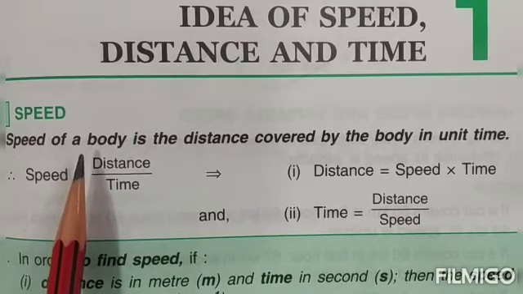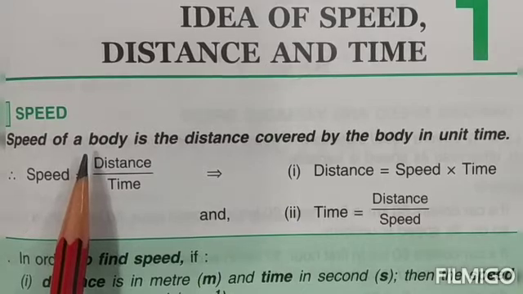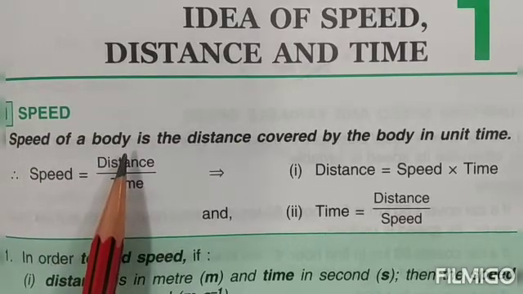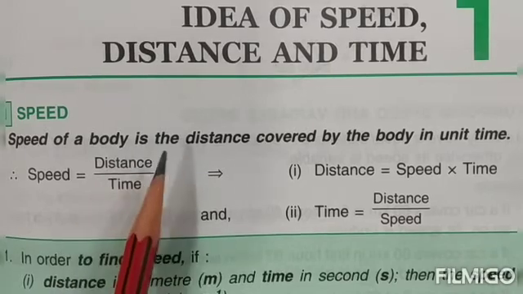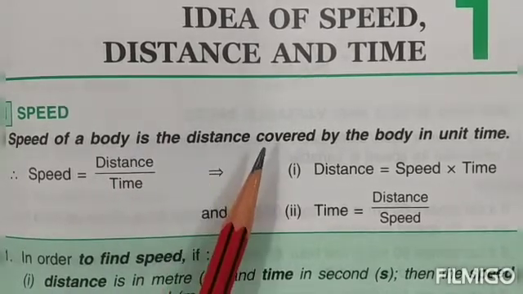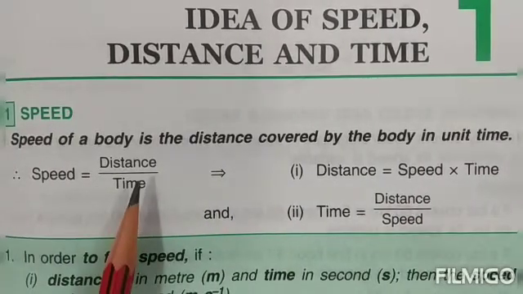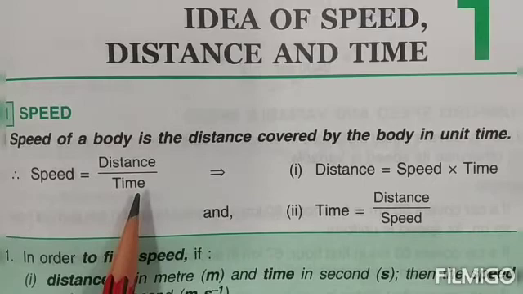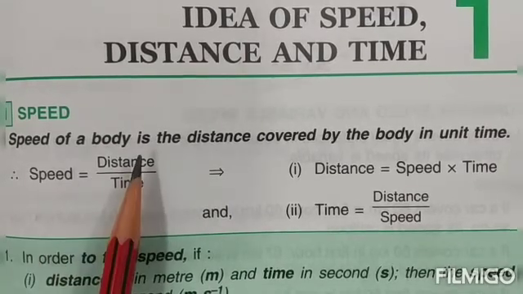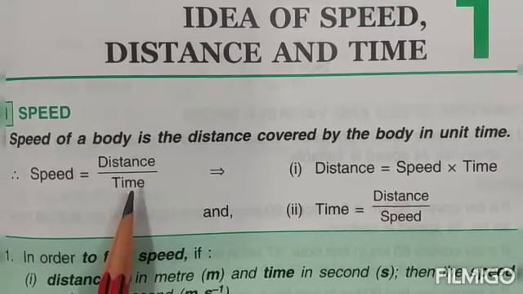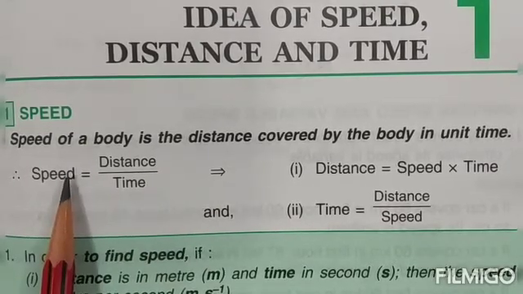Now, on the road, many times when you are going out, you must have seen some of the vehicles are driving too fast. Some of them are going very slow. So that is what is known as speed. How fast or how slow a vehicle is moving. That means how much distance that vehicle is covering in a unit time. Now, in order to calculate speed, children, we have a formula which is given over here. Speed is equal to distance divided by time. If you divide distance by time, we calculate what is known as speed.